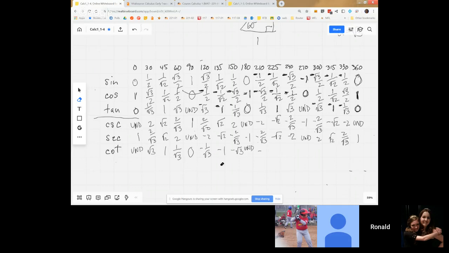Negative square root 3, this is. Okay, 1 over square root 3, 0, -1 over square root 3, -1, negative square root 3, and